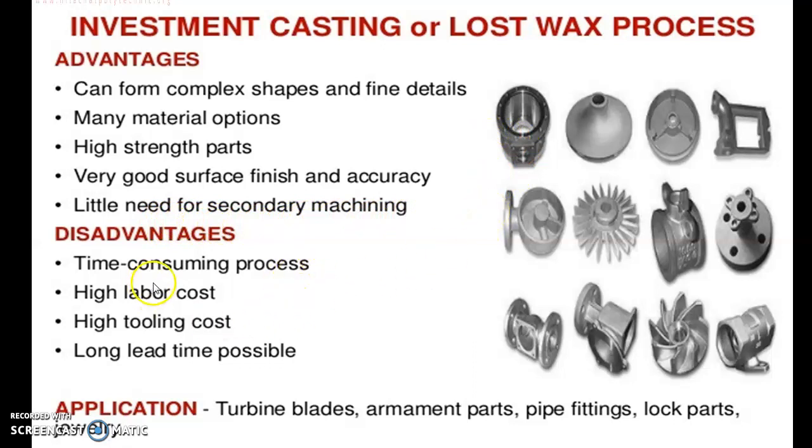As per this one, it is a time consuming process, because we have to prepare the mold twice. But in the case of sand casting, once the mold has been prepared, we directly pour the molten metal into it. But here we are first pouring the liquid wax onto it. Then we cool it, and when it has cooled down, we heat that mold again so that the liquid wax comes out, creating the mold. After that, we pour the molten metal into it. So it will take a long